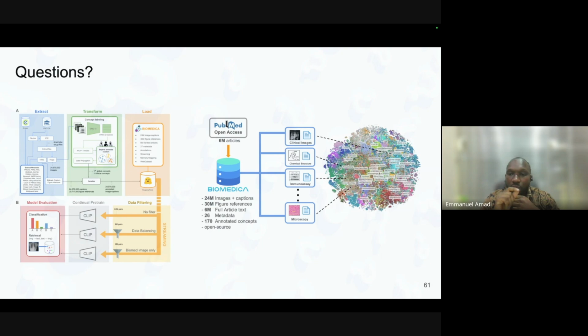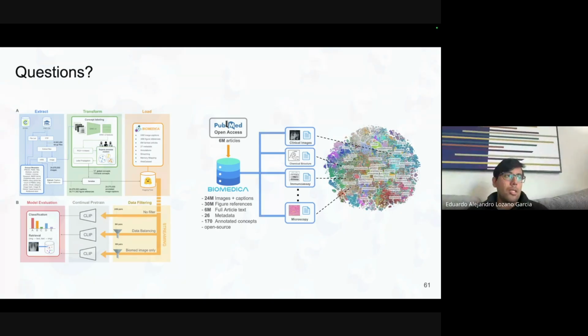I just wanted to know if other sources were considered, like Scopus, Web of Science, Google Scholar, while I noticed only PubMed was there. That's a fantastic question. There's an overlap between what PubMed indexes and what all these other sources index. Before us, there's also a paper that used only Nature publications. They have a service you can use, but we found that there was a huge overlap with all these different sources, so we stayed with PubMed.